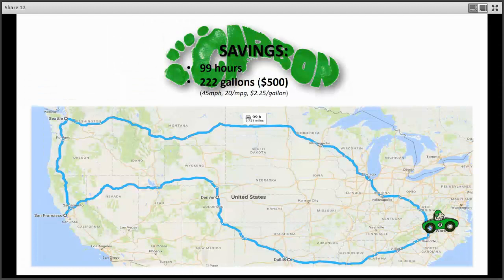If we calculate how much commute time is required over the course of that year, based on what we know to be the average commute time for our patients, it saves 99 hours of commute time and the equivalent of roughly 222 gallons of gas at about $500. So you could drive clear from Winston-Salem to Seattle, down to San Francisco, to Denver, to Dallas, and then back to Winston-Salem. That's how much commute time is saved by availing yourself of all of the virtual opportunities that exist now. So tremendous time savings, obviously.